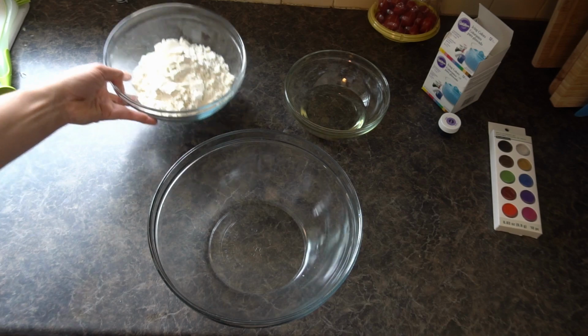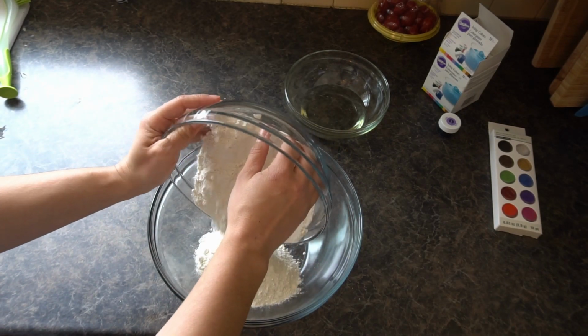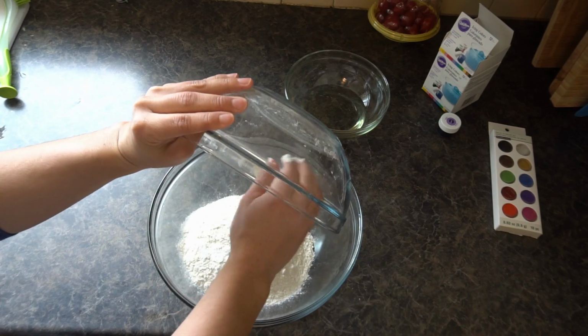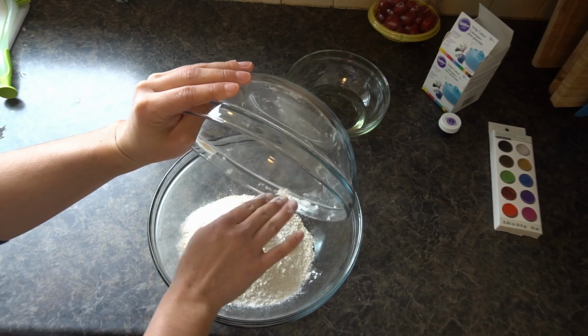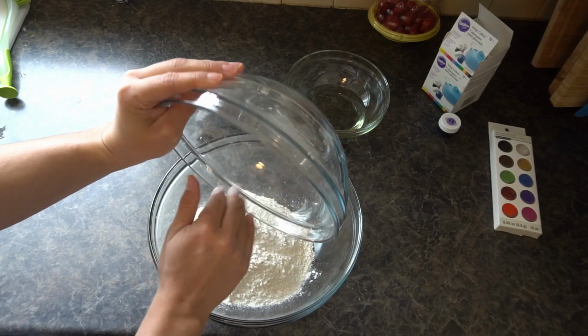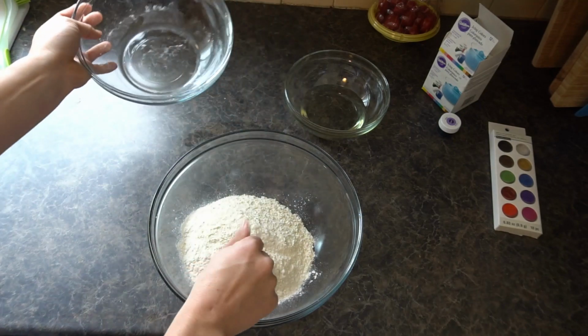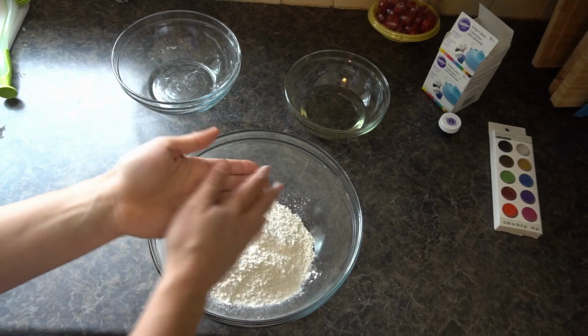So first we're gonna take our flour and put it into the big bowl. I want to use the big bowl so that it's nice and easy for me to do this next part of stirring it around. Now it said to add in some food coloring at this step,